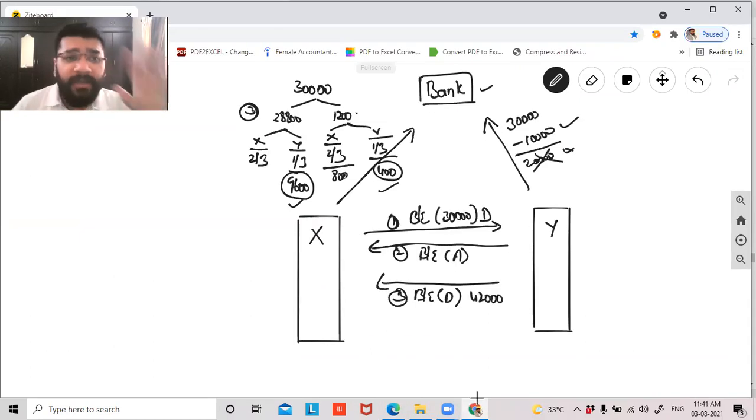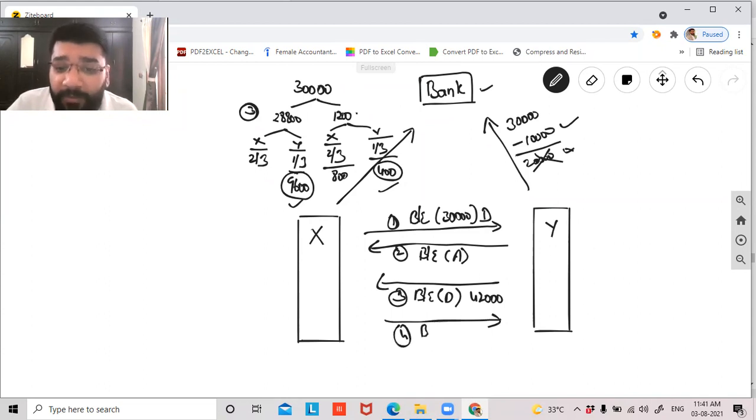Why is Y drawing a bill, guys? Can I say that Y will make X accept the bill, and Y will discount it with another banker and pay this banker? Is it making sense? 42,000, Y is drawing the bill on X. Guys, this is case number 3, where the bill is drawn upon each other. So now Y is drawing a bill on X, and X is accepting. The bill of exchange is accepted by X.